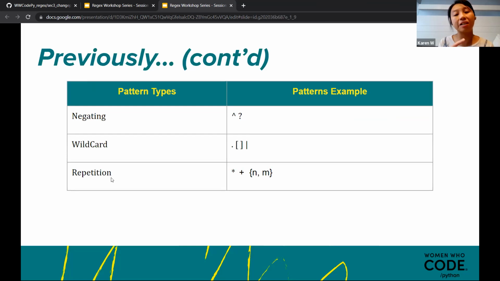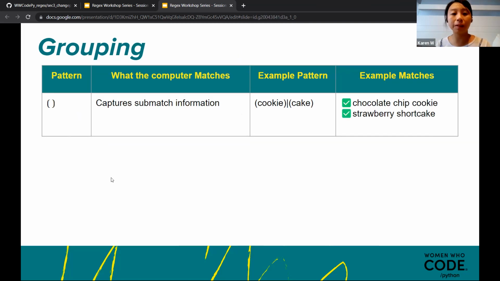It uses the exact same symbol, and the way to define it is to put it in the grouping. So grouping is, let's say I have a yummy example here. If you're going through a list of yummy desserts, you want to do cakes or cookies, what do you want to do?